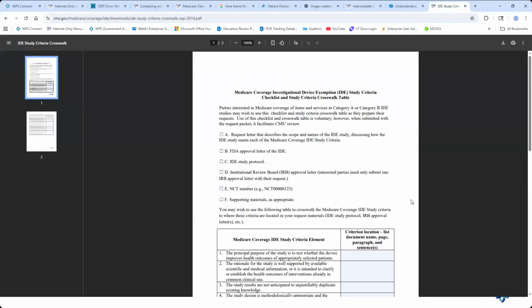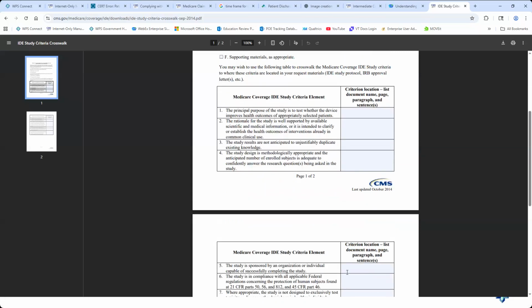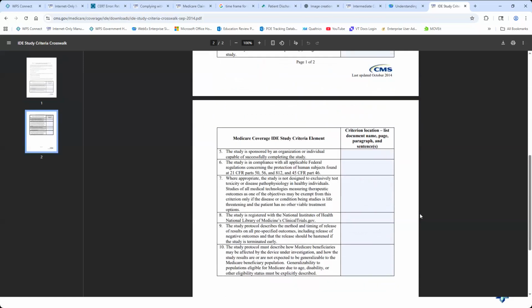You're going to have to include your device numbers, etc., and any supporting materials that you deem appropriate. And again, if you walk through these checklists, it really helps to ensure that you have all the things that are needed to submit to CMS to get that approval.